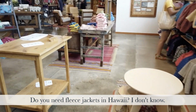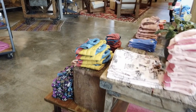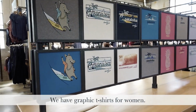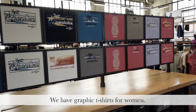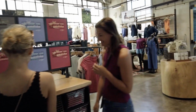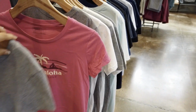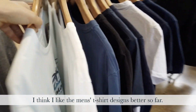And what next? These are jackets. Do you need fleece jackets in Hawaii? I don't know. フリースのジャケットってハワイで必要なのかちょっとわかんないですけど、お店で売ってます。And we have graphic t-shirts for women. 女性用のグラフィック T シャツです。There's many designs. たくさんデザインがあります。